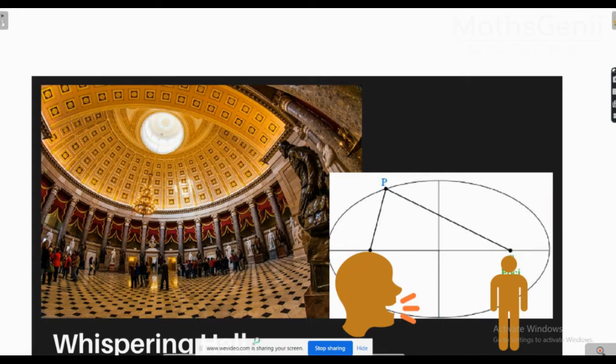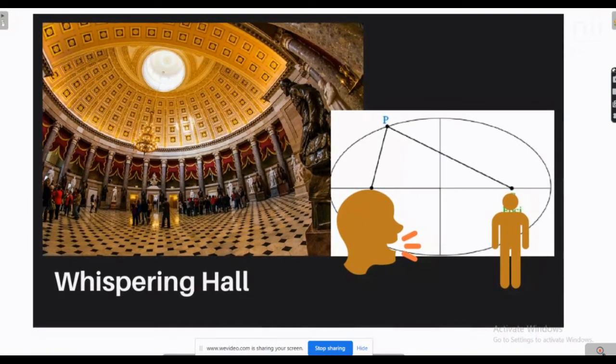Okay. So this image that you see on the screen, this is the Whispering Hall. Now what is so special about this Whispering Hall? If there's a person standing at this side of the hall and there's a person standing at the other corner of the hall and he's whispering something, whispering as in saying something in a very lower voice. I am whispering, so saying something in a very lower voice. So why does that happen is I'm whispering here and I can hear something here. Why? Because there is an elliptical dome. And what is the property of ellipse because of which it is happening?